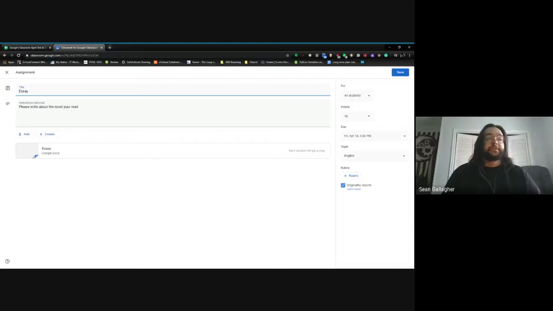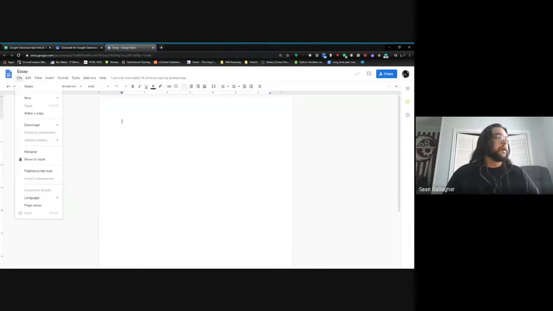The easiest way is just to import it into Google Docs. So let's just go here, use that to open up Google Docs. Here we go, File, open, and